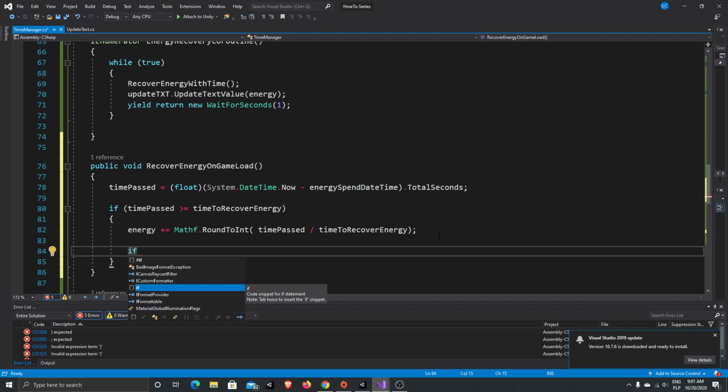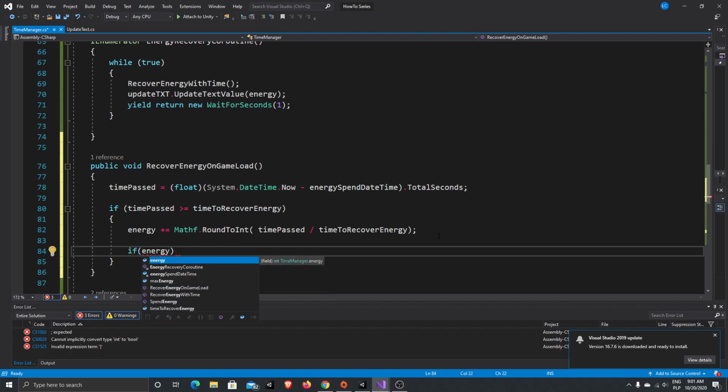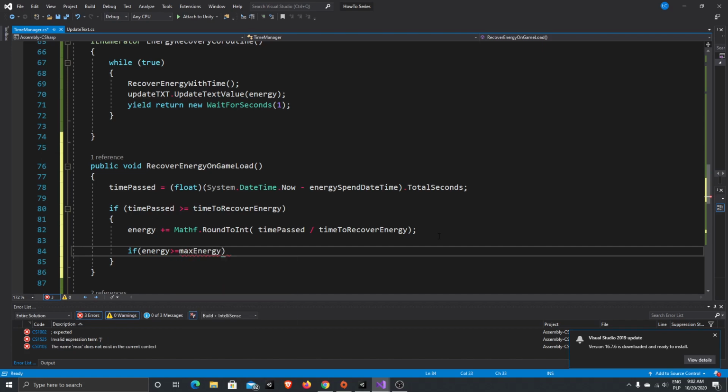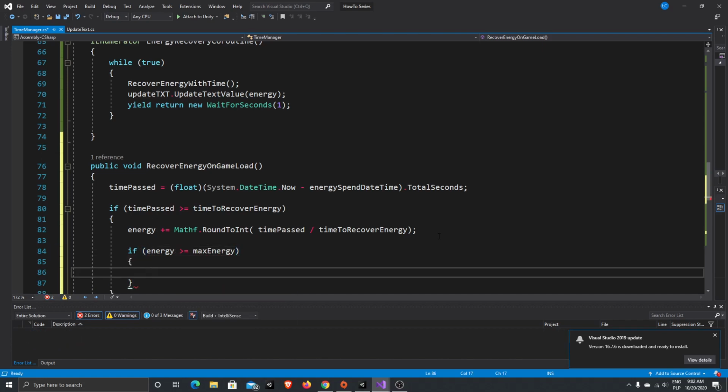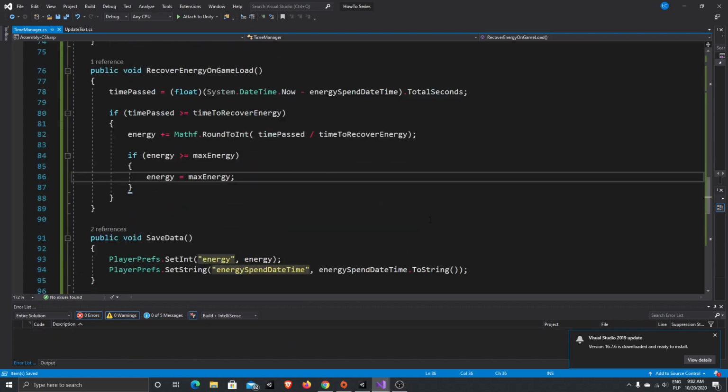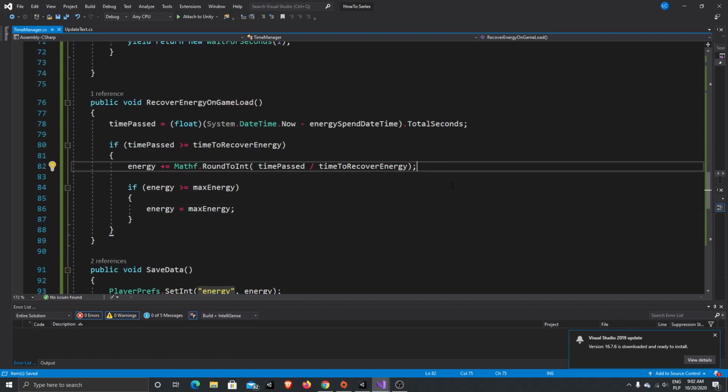Okay, and because, as I said, we can recover more energy than our maximum energy value, then if our energy is higher than or equal to our max energy, let's write again, energy is equal to max energy. And for example, if something like that would happen, like here, we